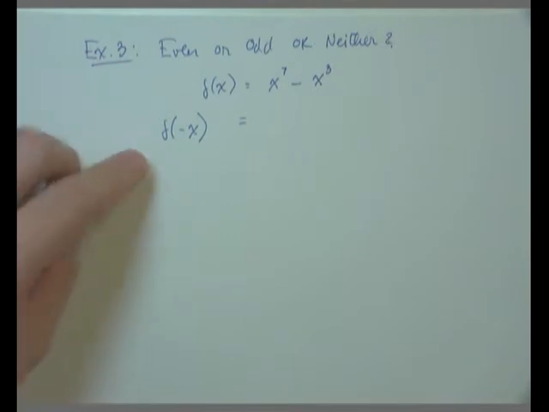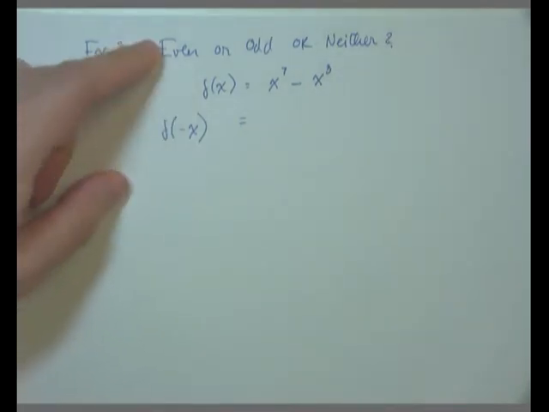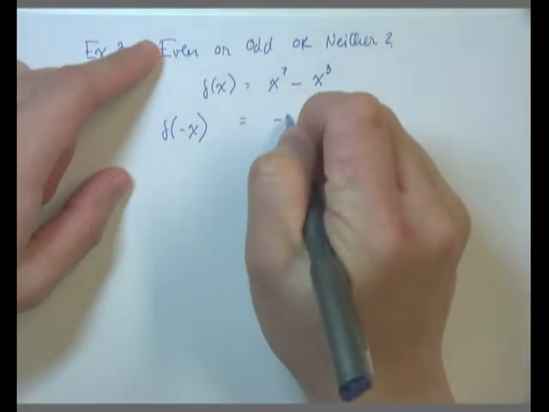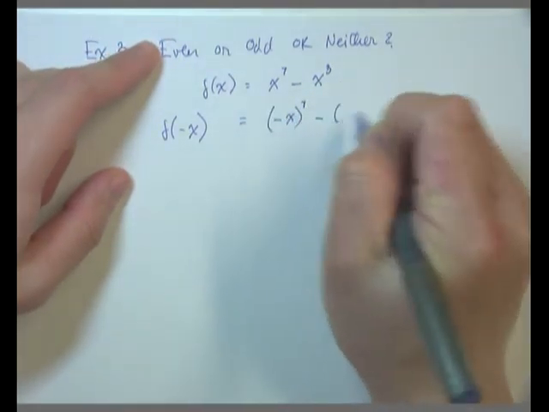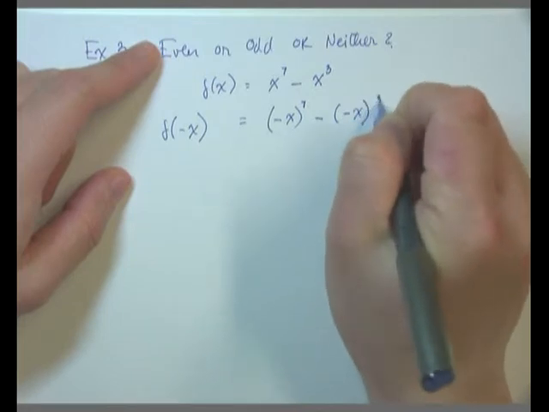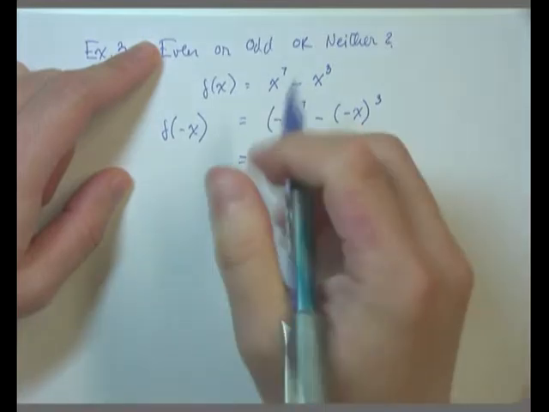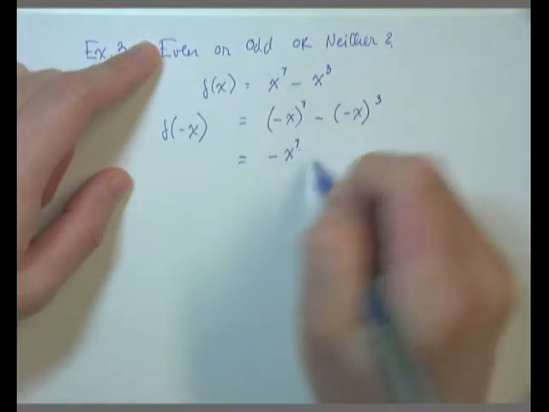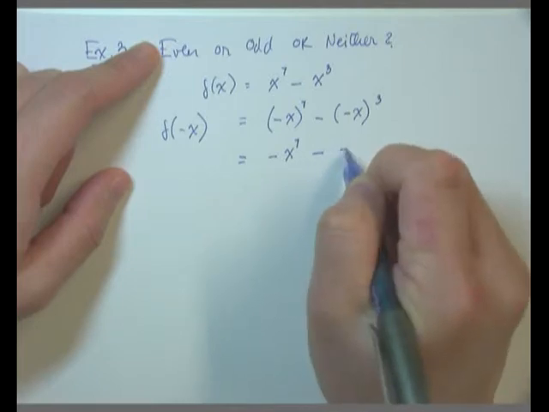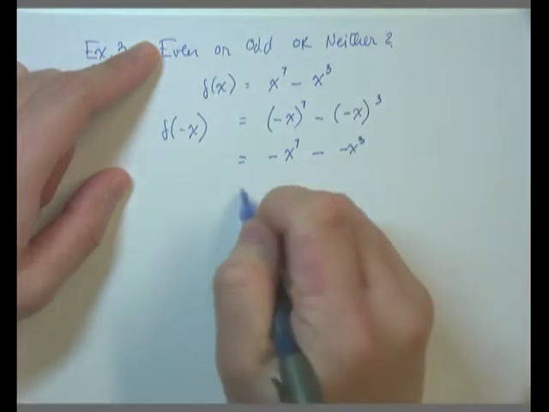So I'm taking f, evaluating f at minus x, and that equals minus x all quantity to the 7 minus minus x all cubed. Now evaluating all these expressions, that's going to give me minus x to the 7 minus a minus x cubed, and those two minus signs are going to make it a